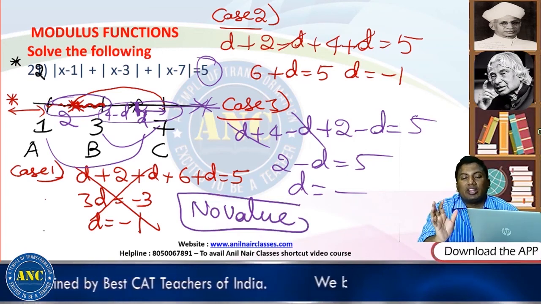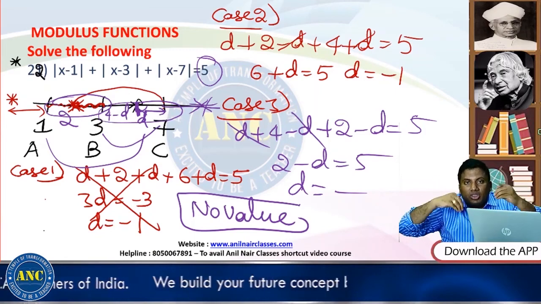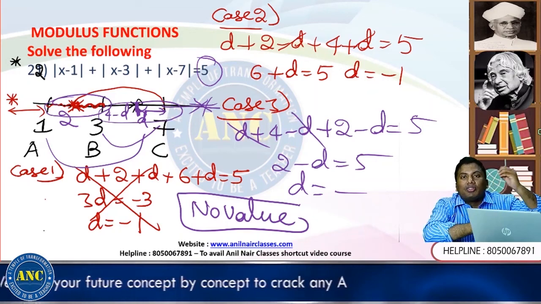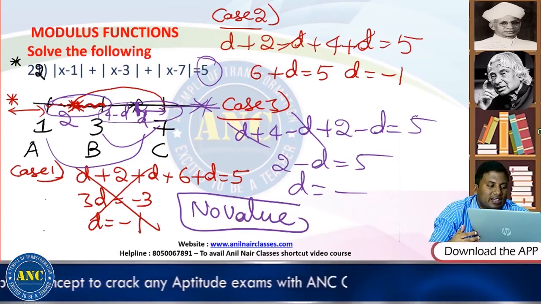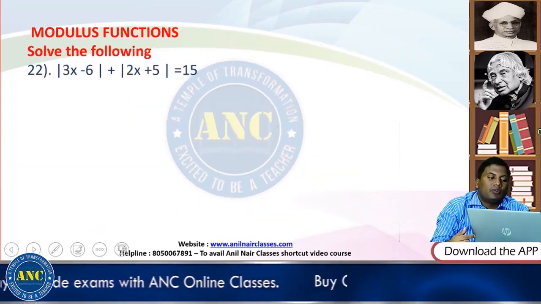I hope you got the idea that keeping two people there is not done without any thinking process. First I did the mathematical value, then I kept some people there just to tell you. I hope the 22nd is clear. Answer is no value. Now 23rd.